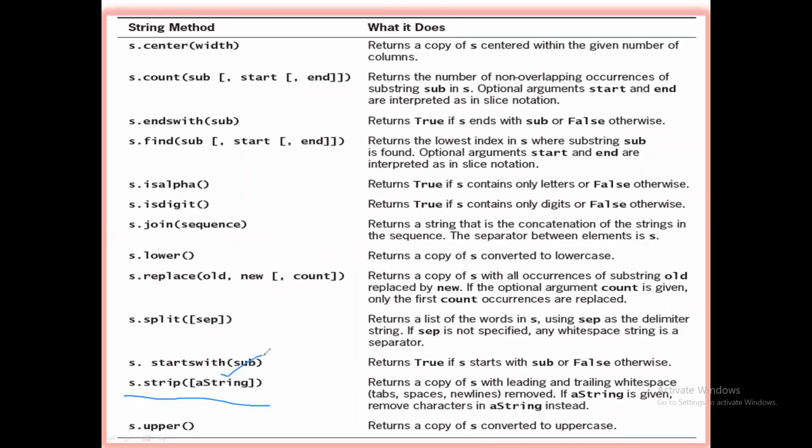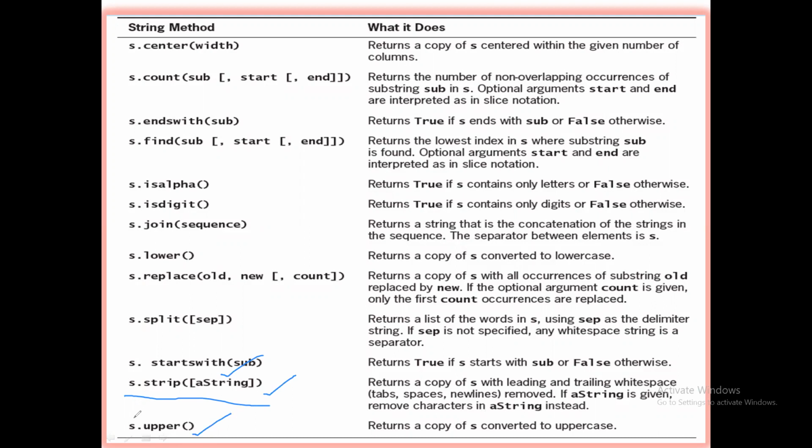So this is going to be a string object. You can remove the white spaces at the start of the string and end of the string by using s dot strip method.